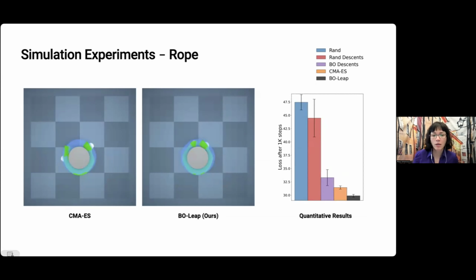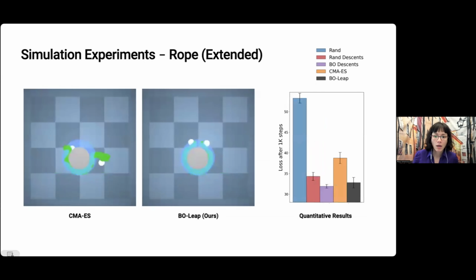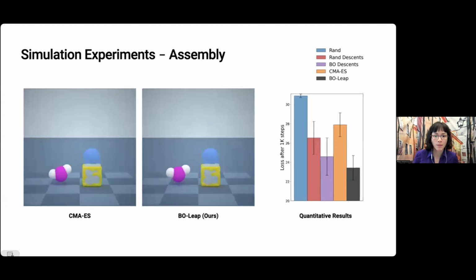And when looking at the loss, you can also see that this black bar, the method that we propose, also performs better than either gradient-based or gradient-free methods. We've also tried some extended versions of this, where the anchors that are pushing on the rope start further away from the ends of the rope. And we also observe similarly that CMA-ES now struggles a bit in a gradient-free manner, but the gradient-based methods are actually able to make better progress.